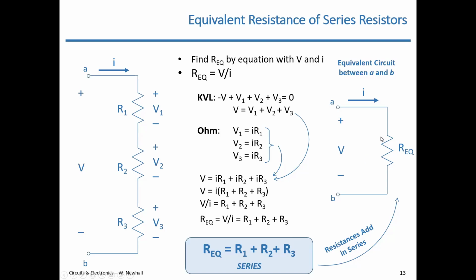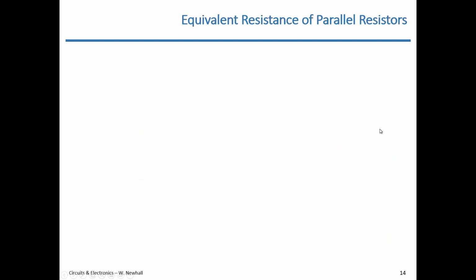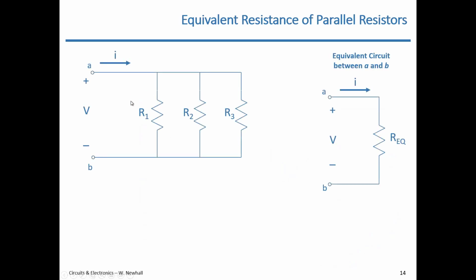Okay, so this was how you calculate the equivalent resistance of series resistors. Let's talk about parallel resistors. You've probably seen this before too, but again, let's go through this exercise because I think it helps understand why this is the case. So here is a circuit. I have 3 parallel resistors. I've defined a voltage between these 2 terminals. And again, remember there's some circuit to the left here, some source or circuit that is applying a voltage. That's where the current is coming from. That current is going